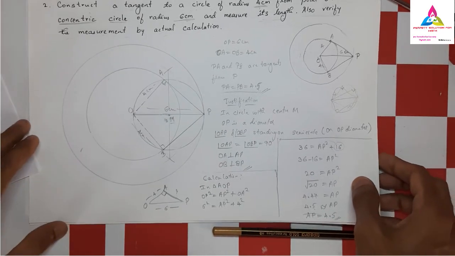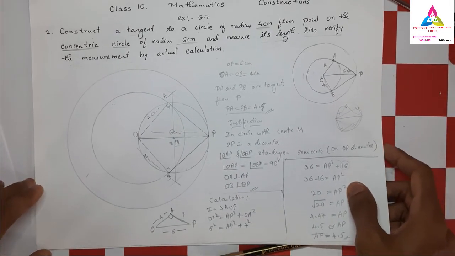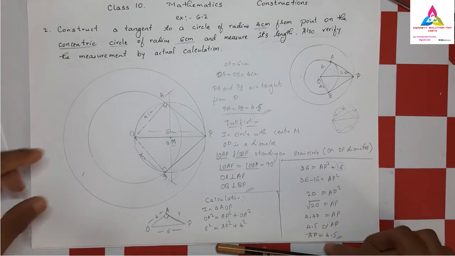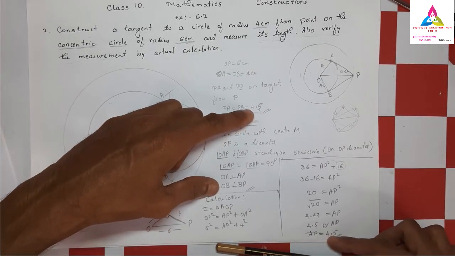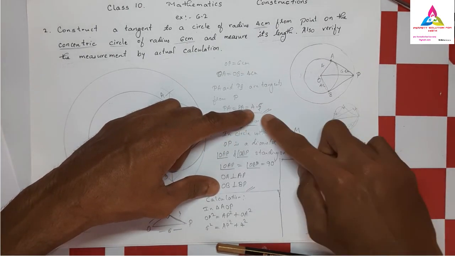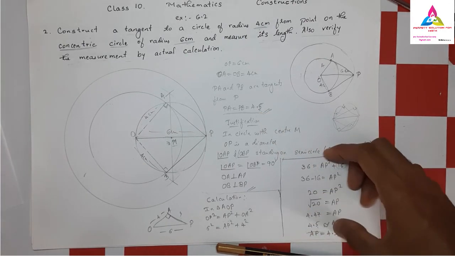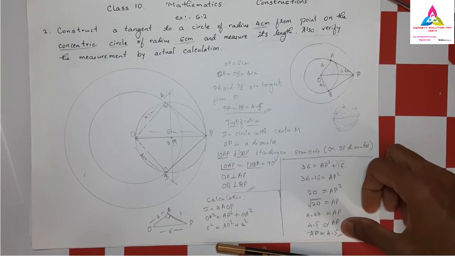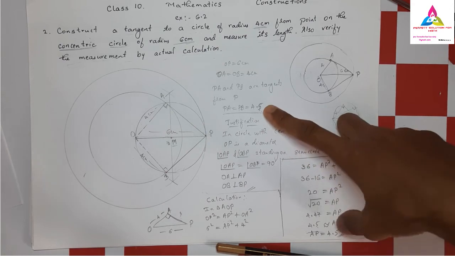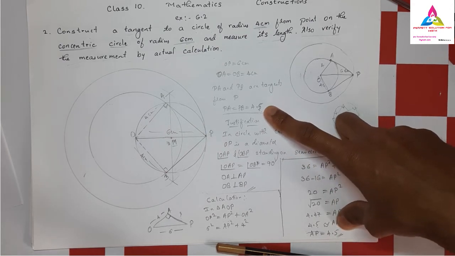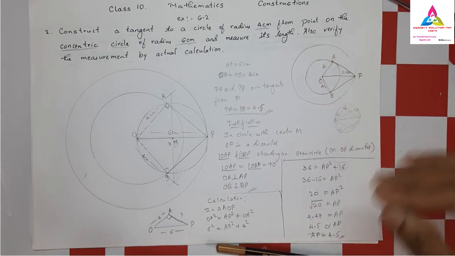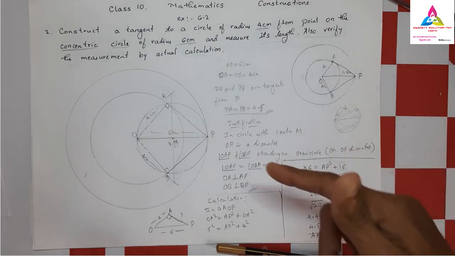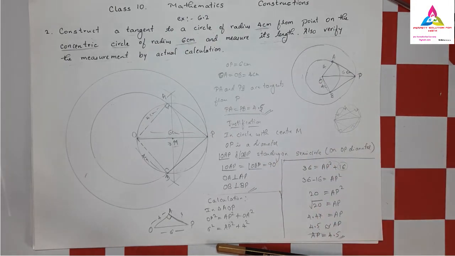The evaluator who will correct that will also give the marks. But the difference must not be more than 0.3 or 0.4. If you have got 4.8 here and you got 4.5 there, it is wrong. If you are getting 4.8 here and 4.5 there, then your difference will be more. At that time it is wrong. Again we have to do the calculation. But now it is okay, no problem.